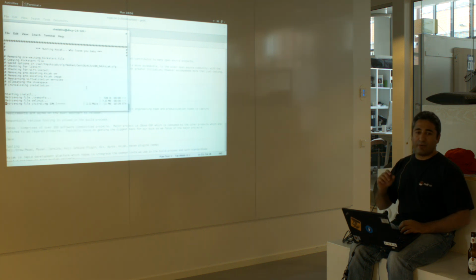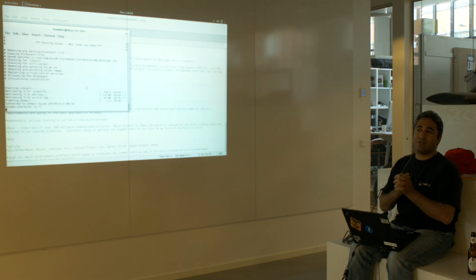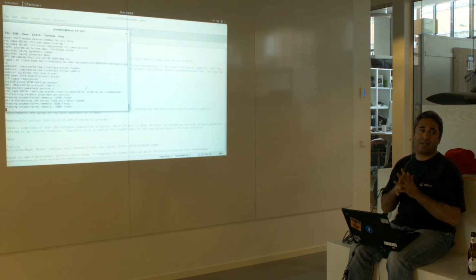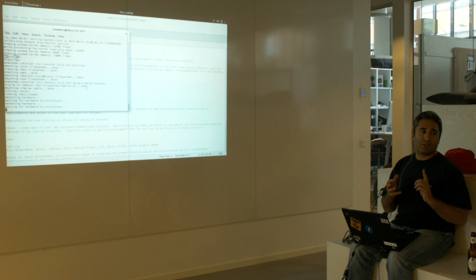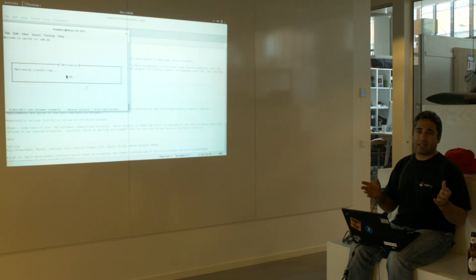Now, while that's going, I'm going to explain a little bit about the toolset. So basically, at the heart of Kojak is a program called Koji. And Koji is the build system that we use in Fedora, and we use a version of it in Red Hat called Brew. Basically, it's our build system, and it builds RPMs, it can build zips, archives. Basically, it packages our source code. And this is the bit that, for me, was the one that I really wanted to get exposure for outside of Red Hat.